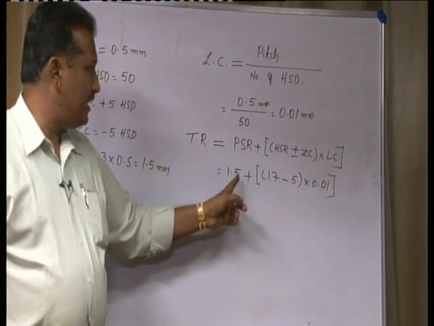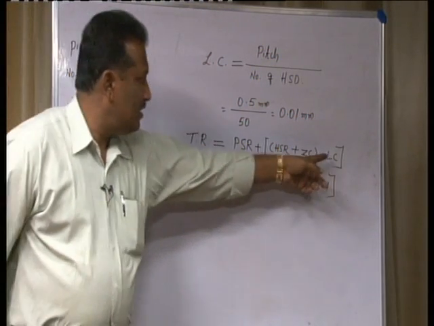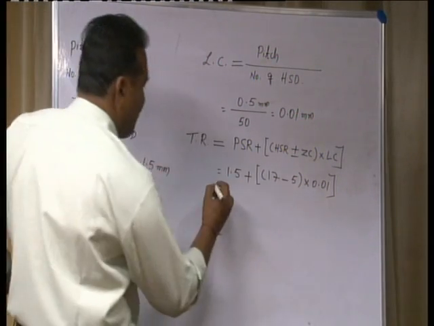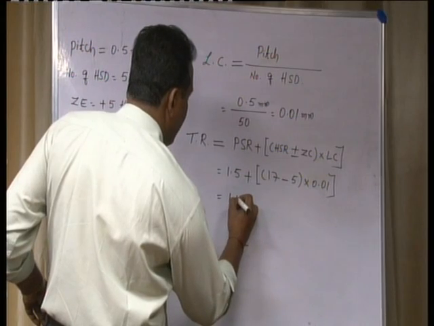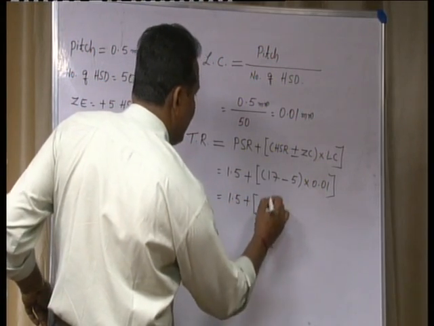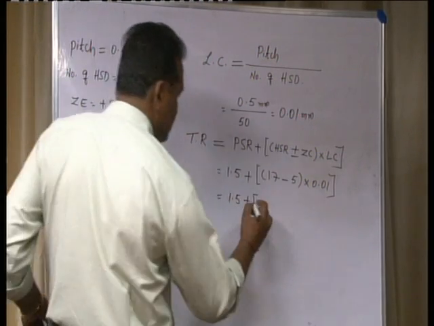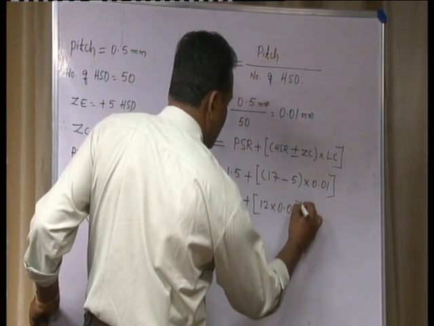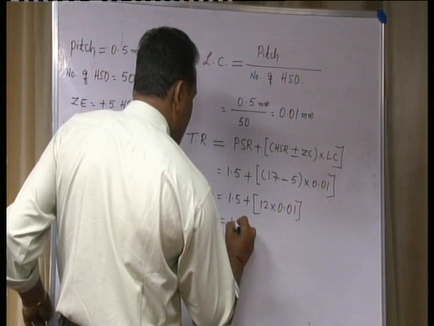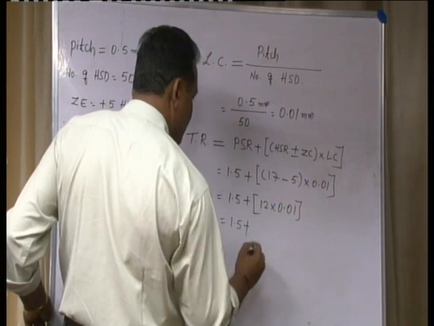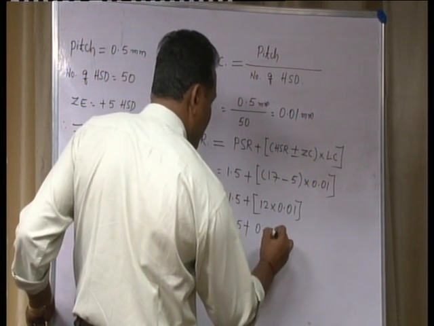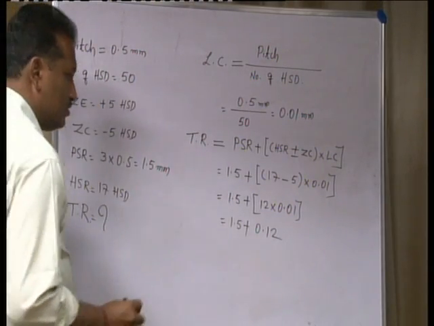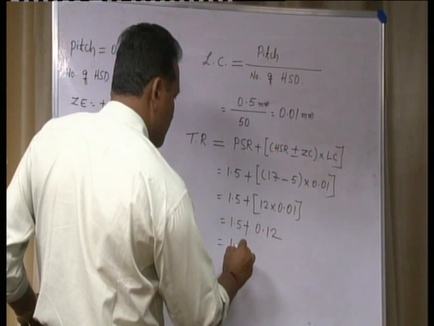So, pitch scale reading is 1.5 mm, least count is 0.01 mm. Now, it is a time to simplify it. 1.5 plus 17 minus 5 means 12 into 0.01. So, it is 1.5 plus 0.12 it is, right. So, now it is 1.62